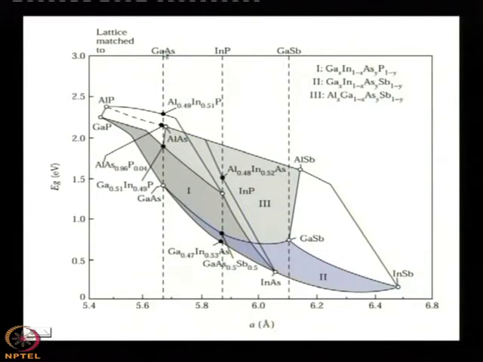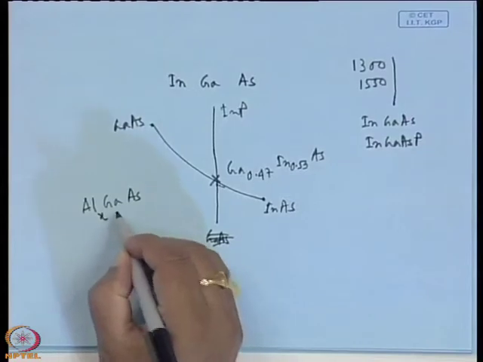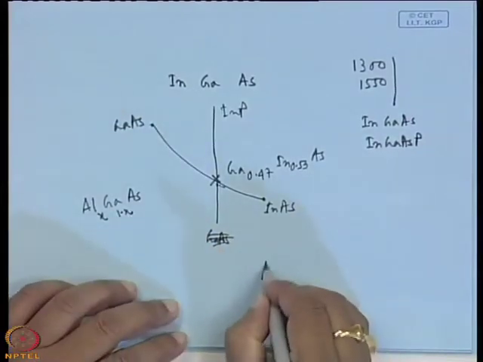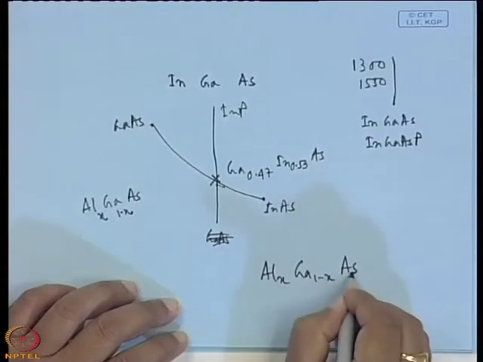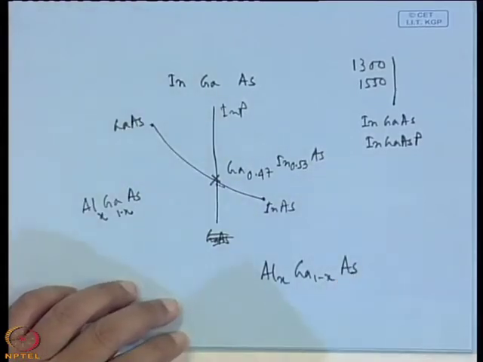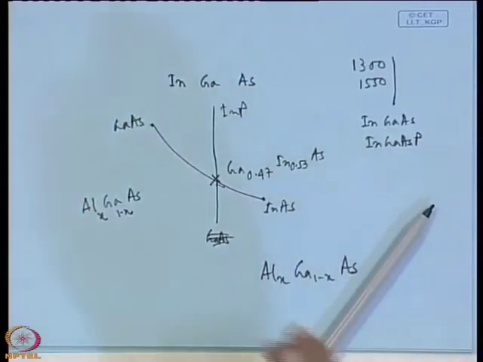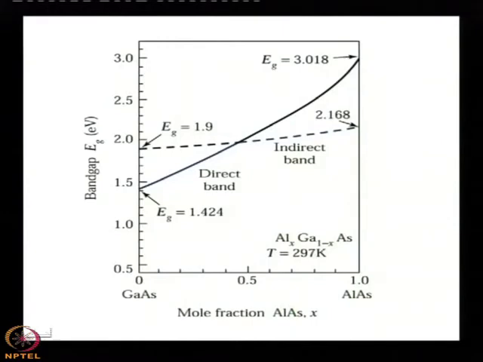The substrate is gallium arsenide, and since the lattice constant is very close, you can theoretically grow any composition of aluminum gallium arsenide, that means aluminum X gallium 1 minus X arsenic. Theoretically you can grow, but there is one problem. The problem is this thing. This curve is